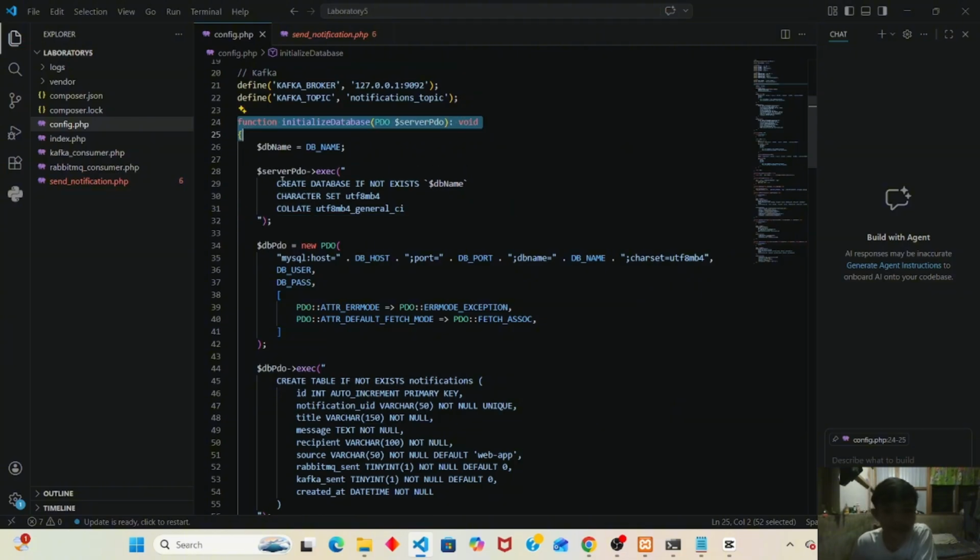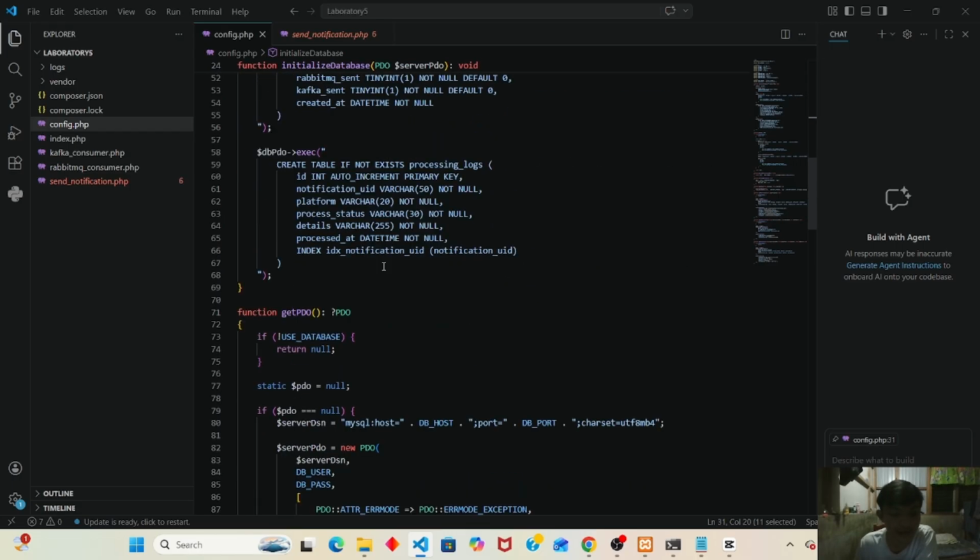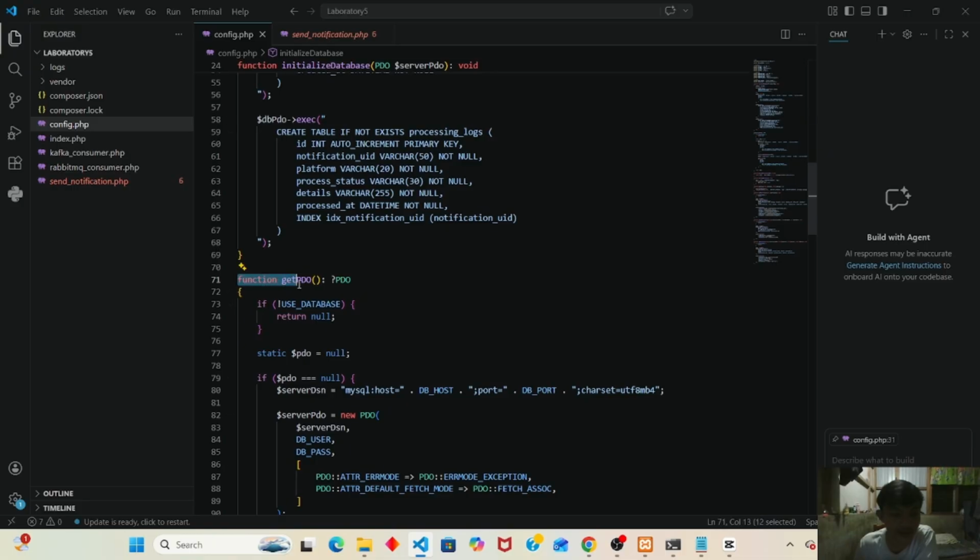So I'll show you here. Creates database, character set, collate. Okay. Next we have another function, get PDO. Why get PDO? Because this connects to the database only if enabled.